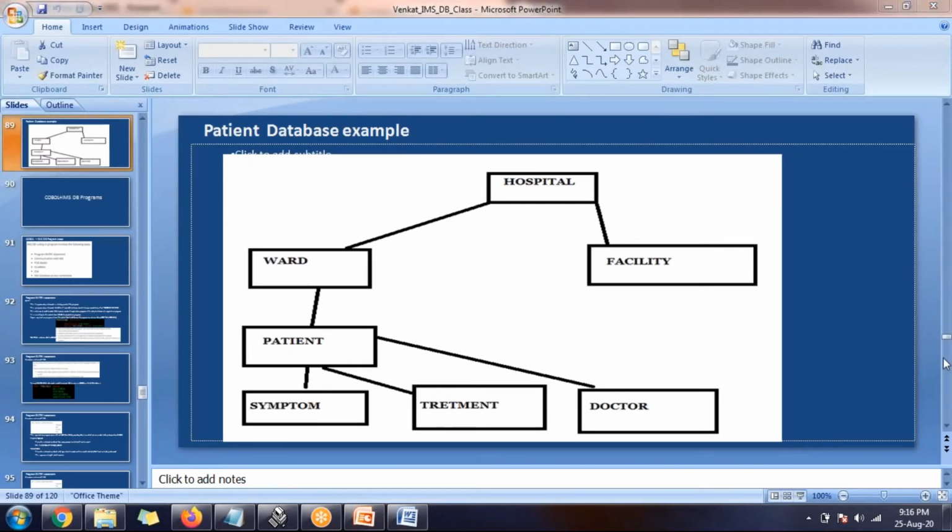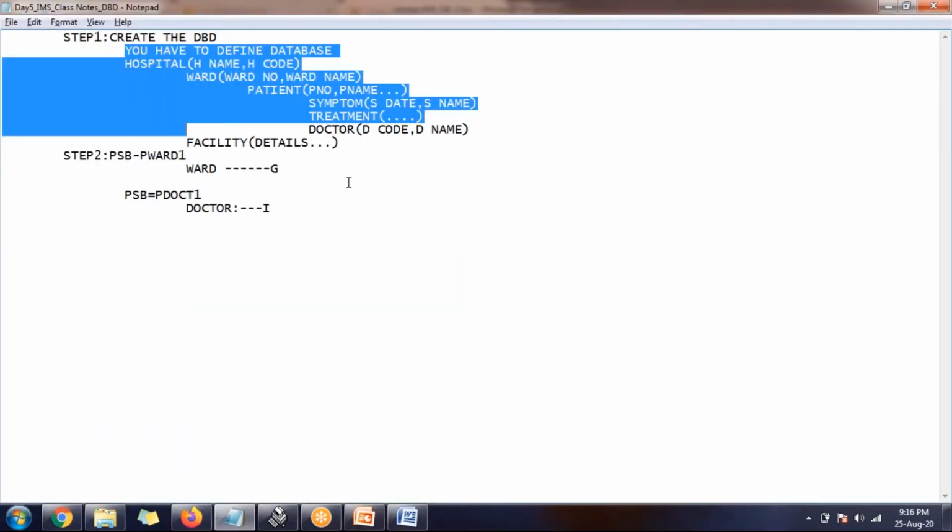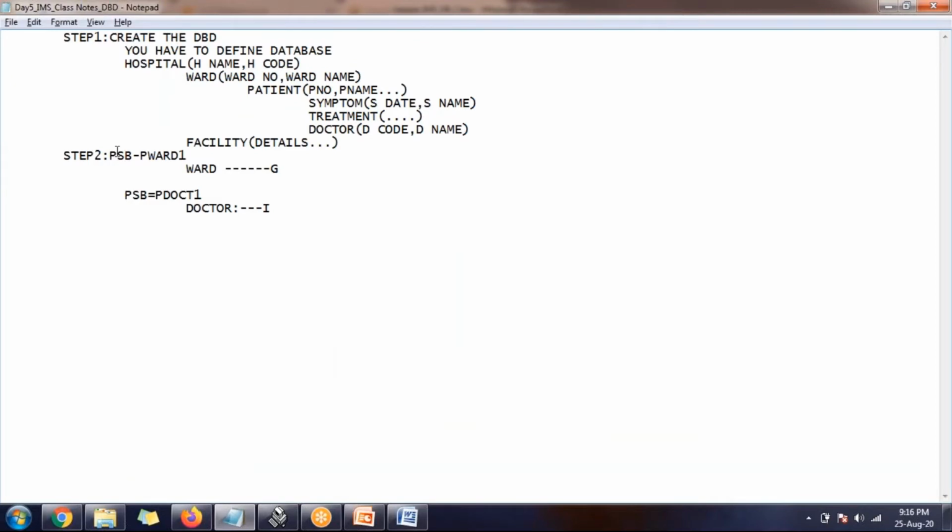Are PSBs created by the developer or the DBAs? The DBA. For example, a PSB you created, we call it PDoc1, which says that they can access the doctor database and do inserts.